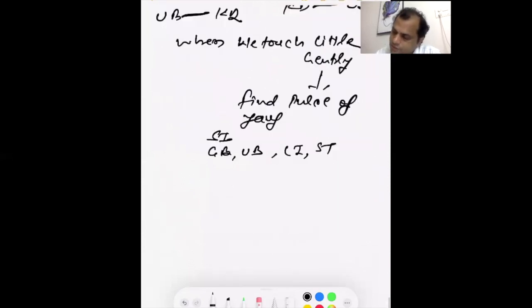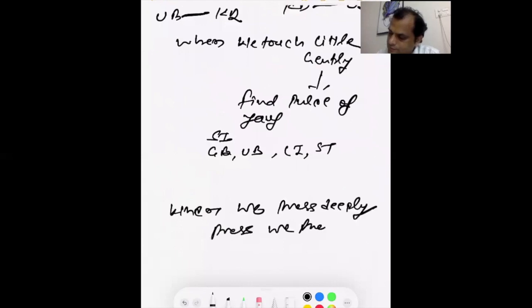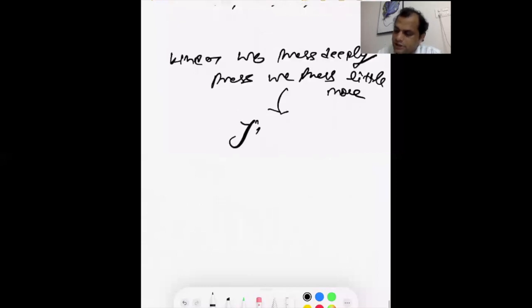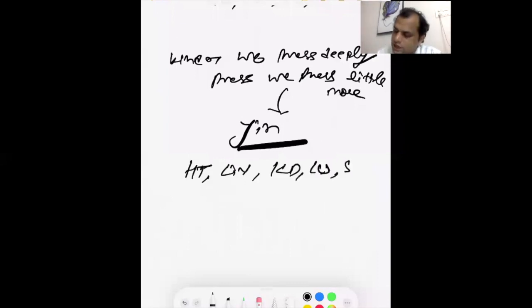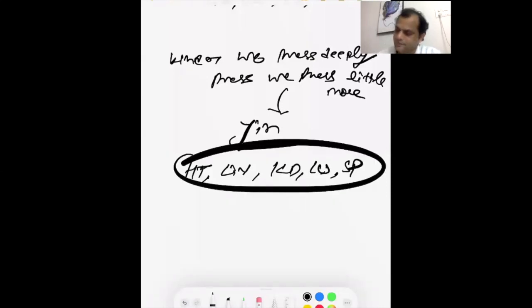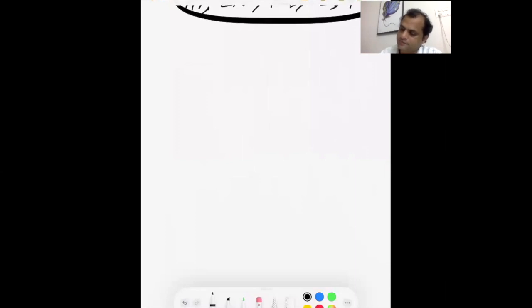बट when we press a little more, when we press deeply, तो हमें जो पल्स मिलती है वो यिन की पल्स मिलती है। जैसे कि जब ज्यादा दबाते हैं तो जो पल्स मिलती है वो हार्ट की पल्स, लिवर की पल्स, किडनी की पल्स, लंग की पल्स, स्प्लीन की पल्स, सारे यिन ऑर्गन की पल्स डीपर मिलती है। फॉर एग्जाम्पल, if this is the arm,